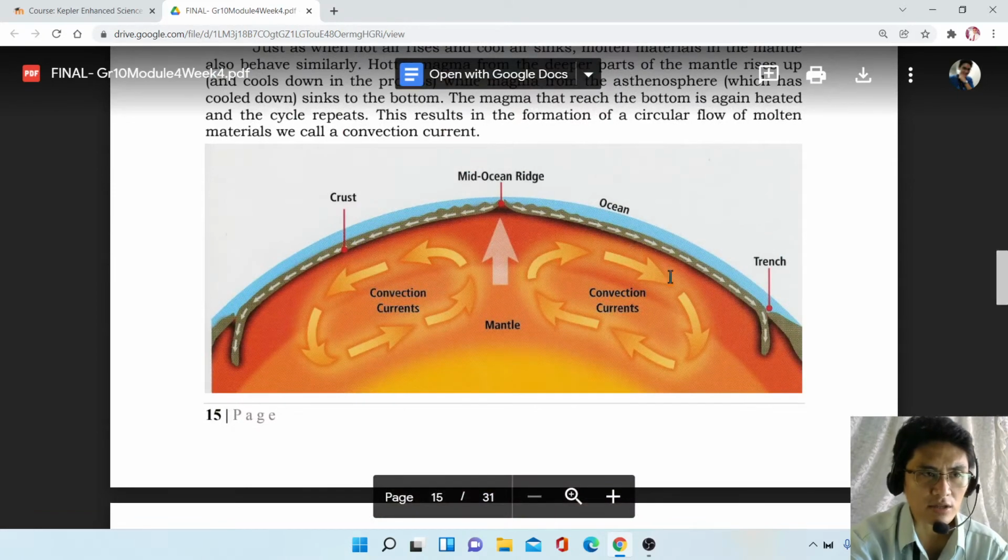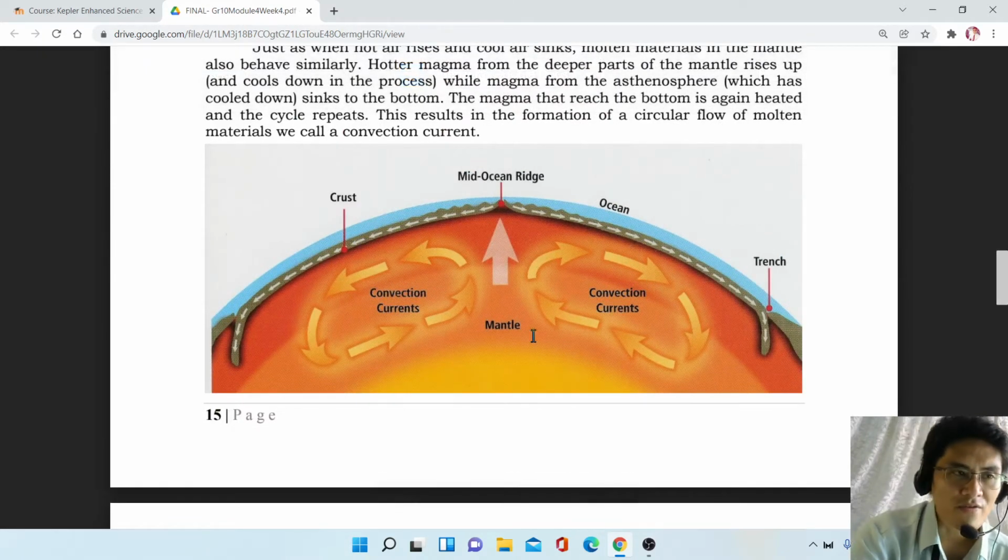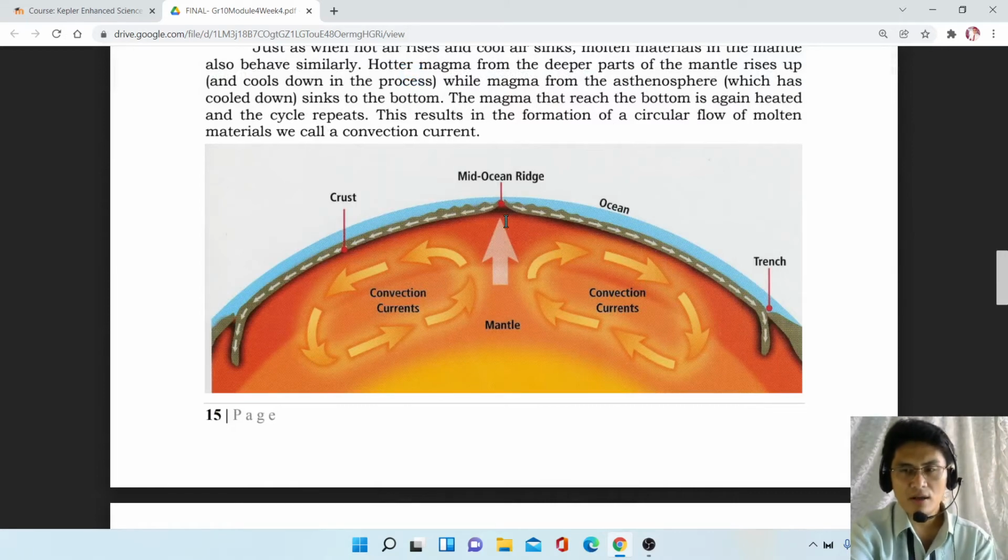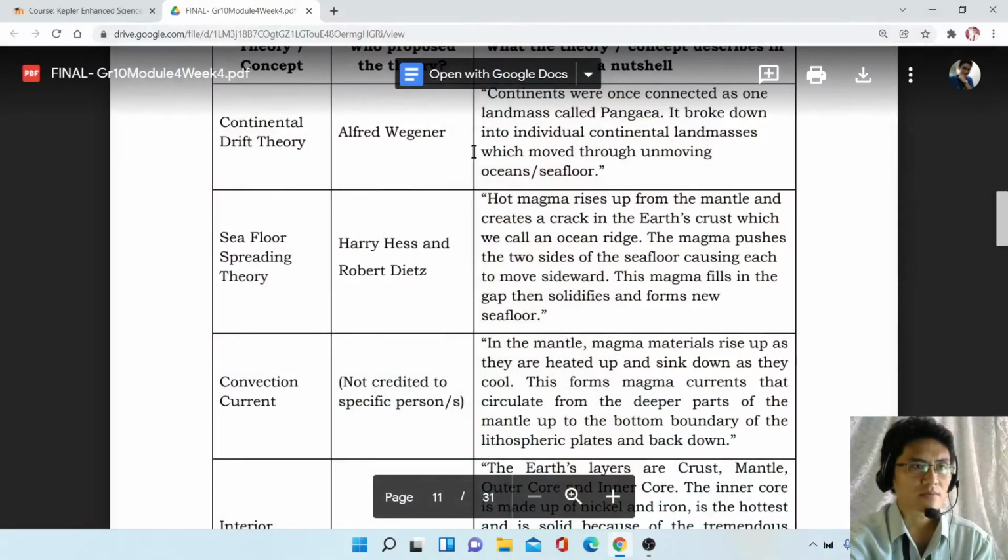What matters is that you have circulation of materials, and that circulation of materials feeds the magma to come out. The moving out of the magma feeds the ocean floor, makes the ocean floor move. The movement of the ocean floor causes the continents to drift. So therefore, you now have this coherent story of why we see the continents drift. That's because